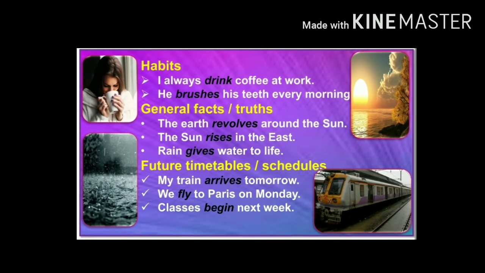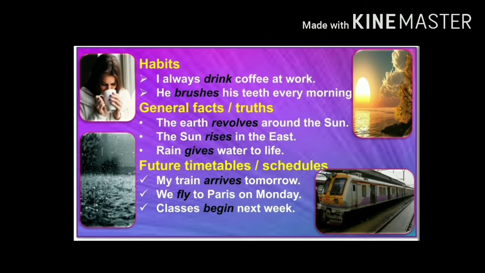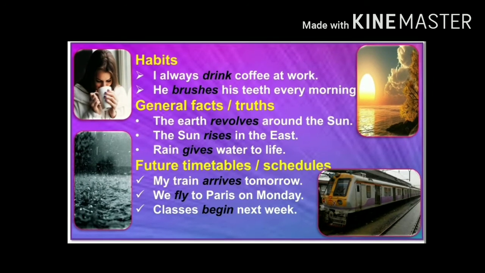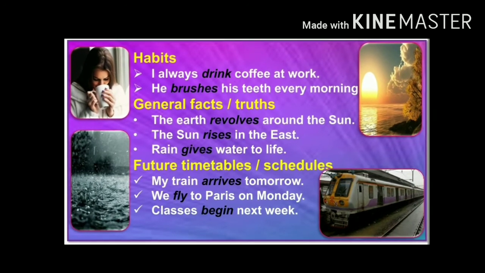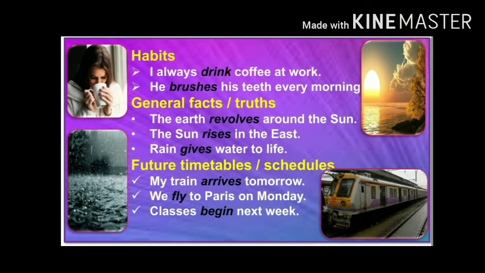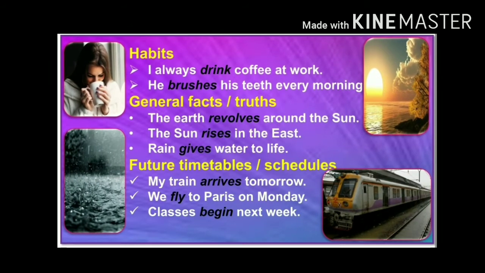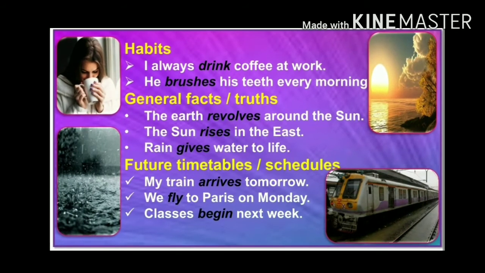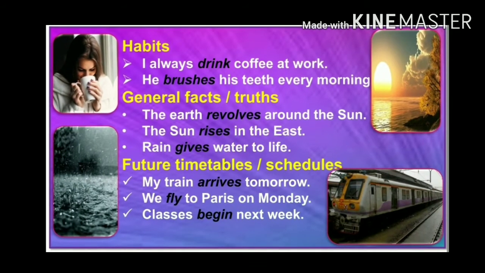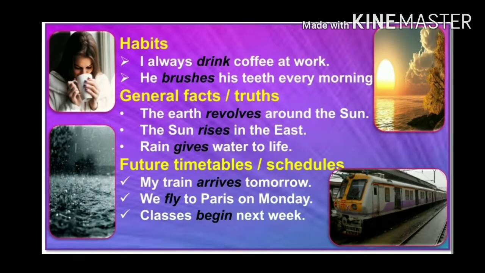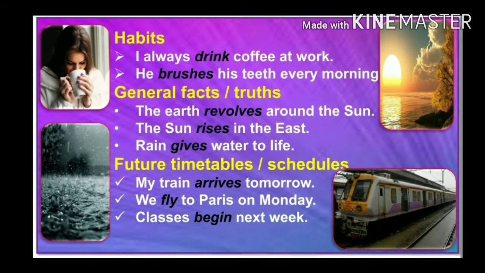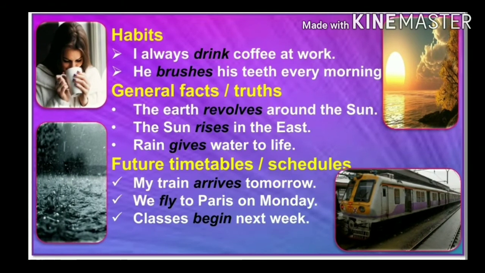The earth revolves around the sun. The sun rises in the east. Rain gives water to life. The last one is future timetables or schedules. My train arrives tomorrow. We fly to Paris on Monday. Classes begin next week. Once again I repeat, for the singular persons or thing or animal, we have to use